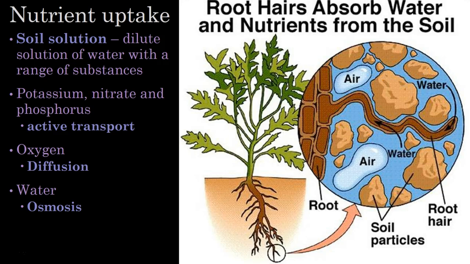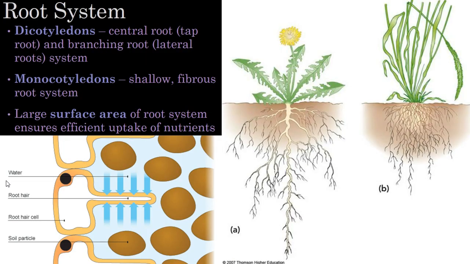So the root hairs are the structure of the plant that absorbs all the nutrients from the soil solution. Depending on the type of plant, you'll have a different root system. There are two main types of root systems. You've got dicotyledons, which have a central root, which is what we call the taproot, which is this root here. And then we've got a branching root system, which is these lateral roots here. And they allow for a large surface area to allow for maximum absorption of solutions or nutrients from the soil